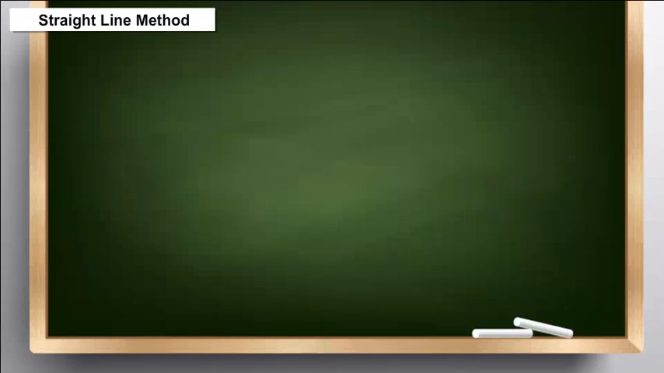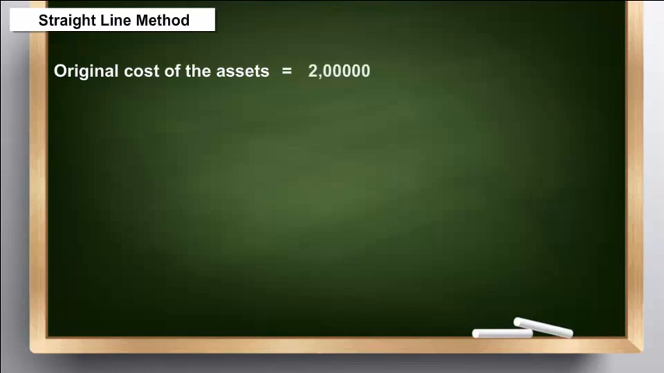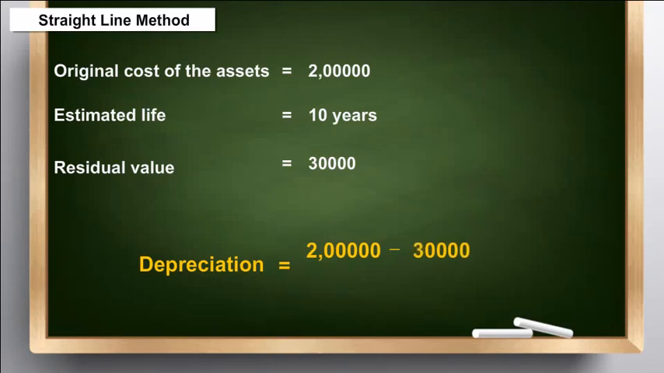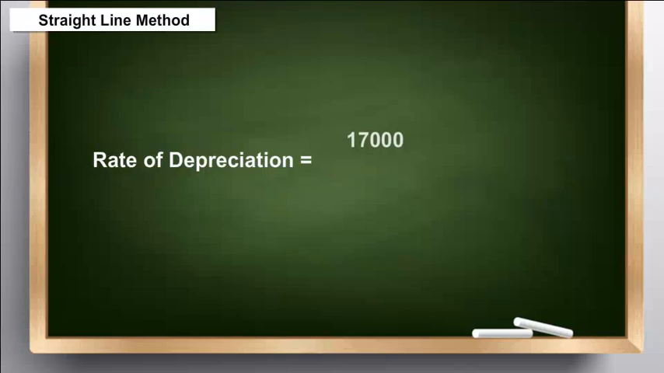Let us take an example. Suppose the original cost of the asset is 2 lakh and estimated life is 10 years. The residual value is estimated to be 30,000. The depreciation would be calculated as, rate of depreciation would be